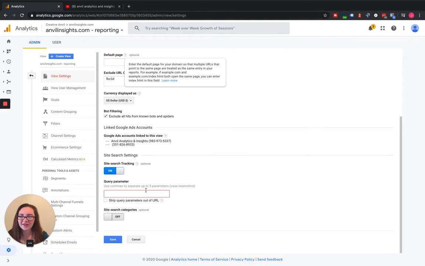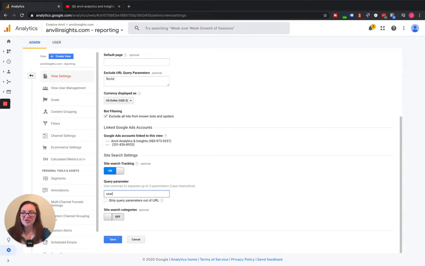So we're going to come back here, and I'm going to enter search_query if we were setting this up for YouTube. Now, after that, make sure you click Save, and that is how you set up basic site search tracking on